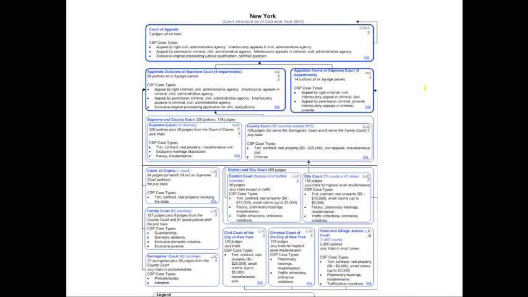New York, as you can see, is quite a bit more complicated because in the metropolis of New York, you've got several courts down here that apply specifically to New York, but you've also got town and village justice courts. You've got surrogate courts, which look at probate cases, will cases, estates, adoption cases, things like that. Family court, several different types of courts, all here under the original jurisdiction. County courts, Supreme courts. And as you can see here, these are the cases that they take.